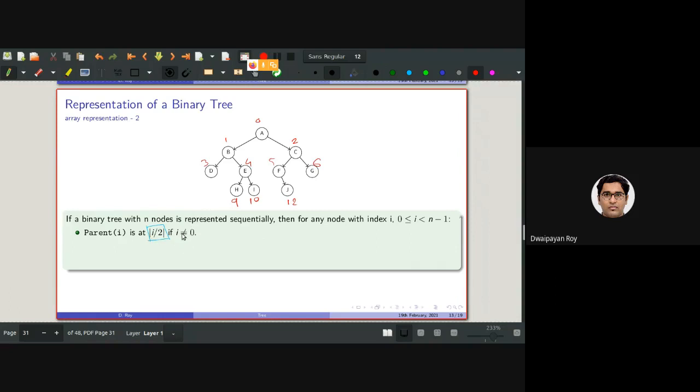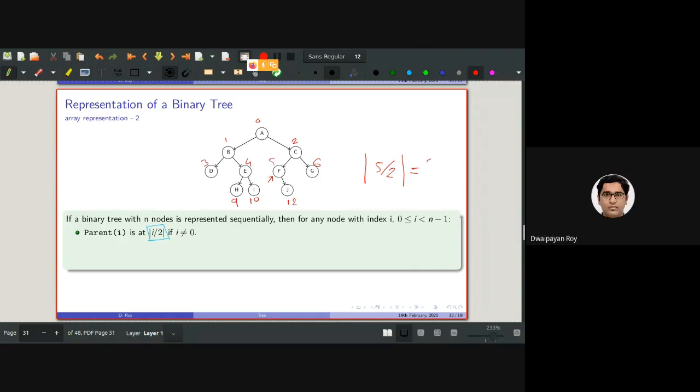So if I randomly consider this, the position of F is 5. So 5 by 2 is what? Anyone? Is it the floor function? Yes. Two. So it should be 2.